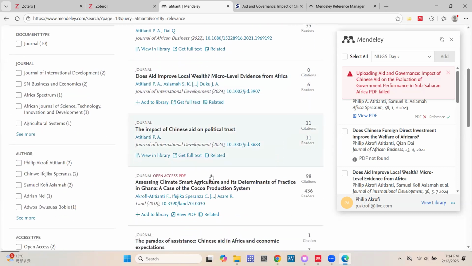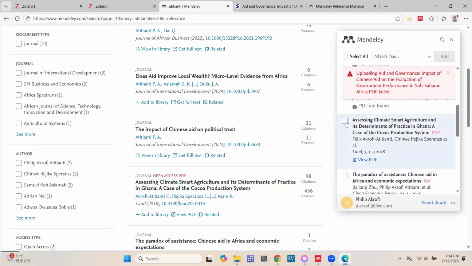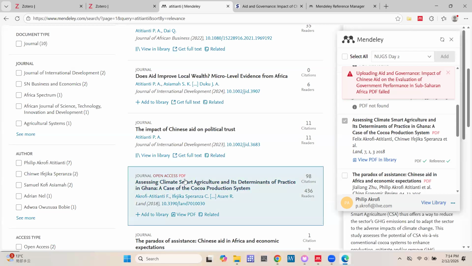Let's try another open access. Okay, I see there's another open access file here. Let's try to see if it's able to access this file. So this is by another author. All right, so here, now let's add to see if it can access the PDF for this. Cool. So which means it worked with this particular journal website. Right, it worked with this journal website.